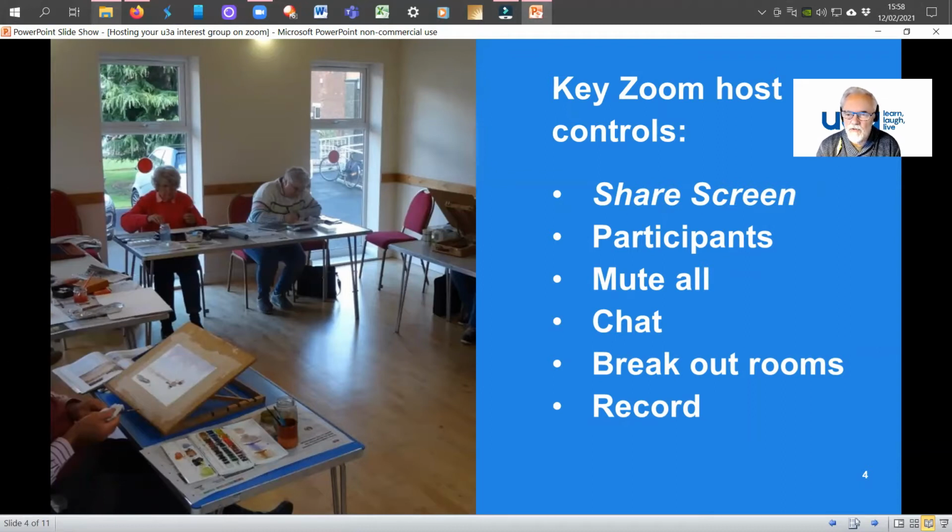And if you bring that up, you can see who's in the group, and it also gives you the opportunity to mute people or indeed to share the hosting with other people, all sorts of things. But basically that's in the participants control. Part of the participants control is mute all, and I have to say that's a pretty useful control to have, particularly